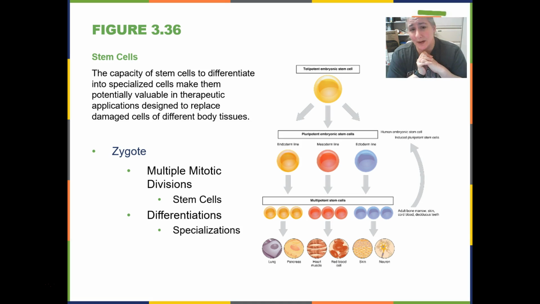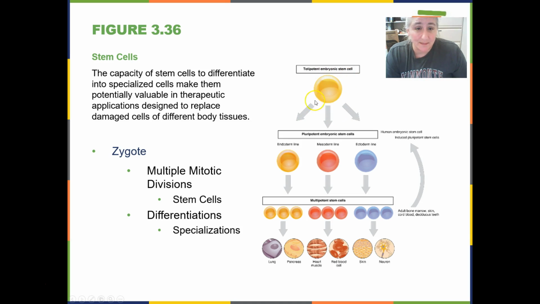So by the end of 3 weeks, you have an embryo. An embryo is a structure that is composed of 3 different germ layers: an ectoderm, which is over here, mesoderm, and endoderm. Prior to that, all of the cells are totipotent